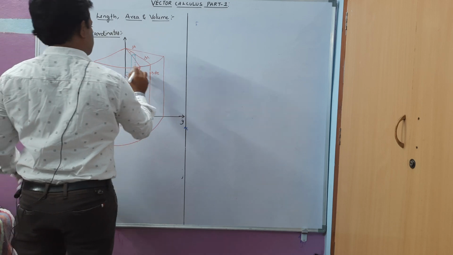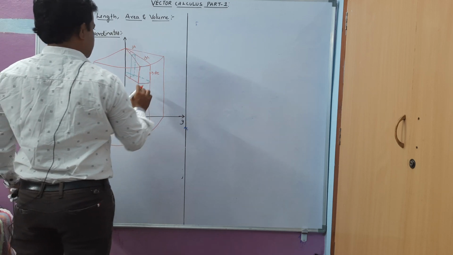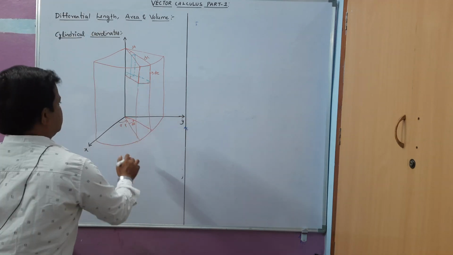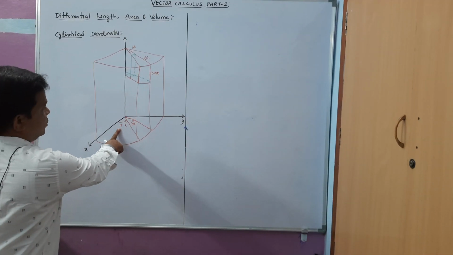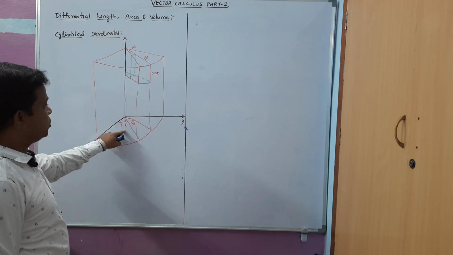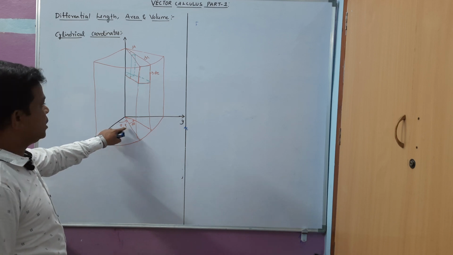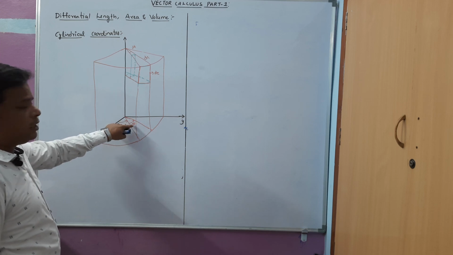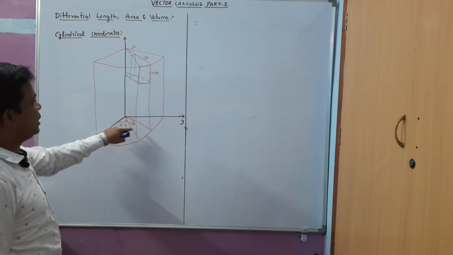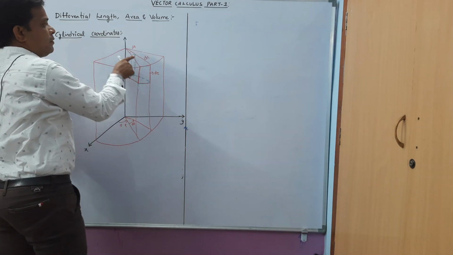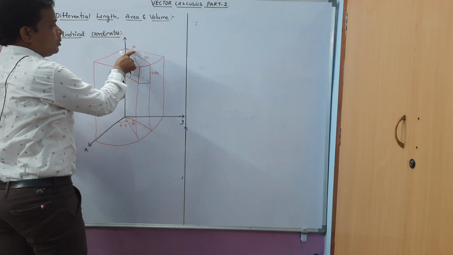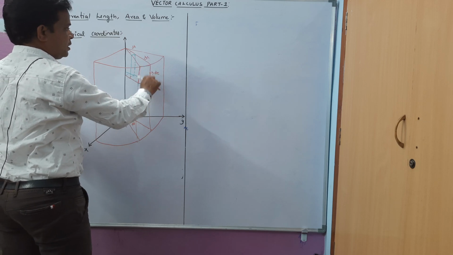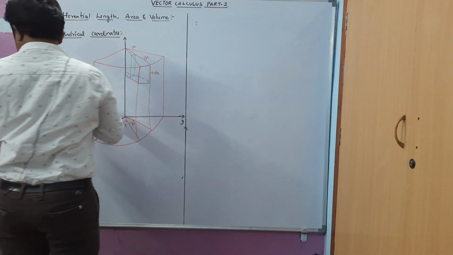Next, what are the things missing here? d rho, d phi, dz, and this is along the dz. Now from this diagram, in the cylindrical coordinate system, we know that phi is the azimuthal angle, rho is the radius. Along this direction we have d phi, that is the change in the angle, and in this direction we have the change in the rho axis, that is d rho, and we have the same dz. From here to here we have a differential displacement dz.